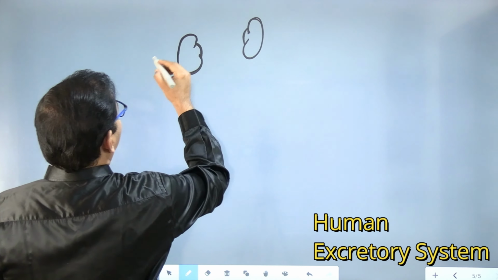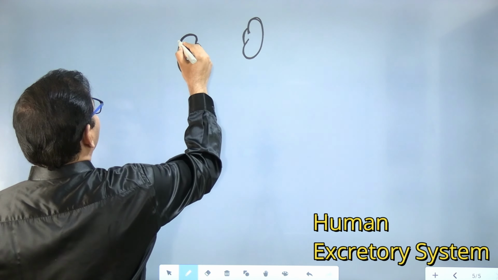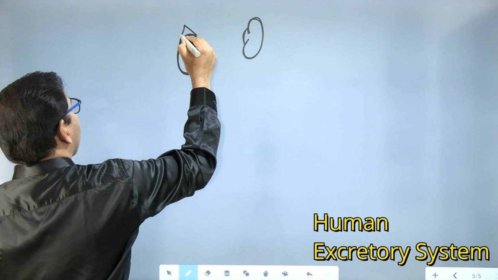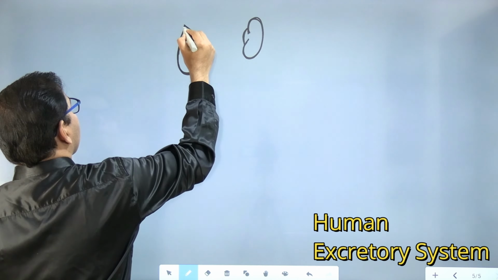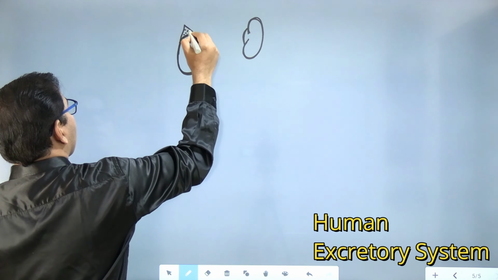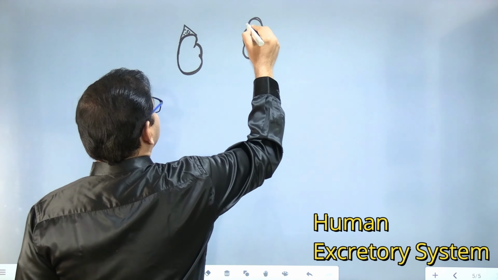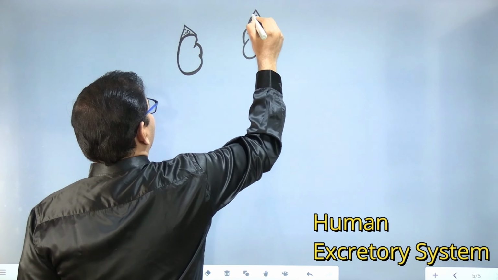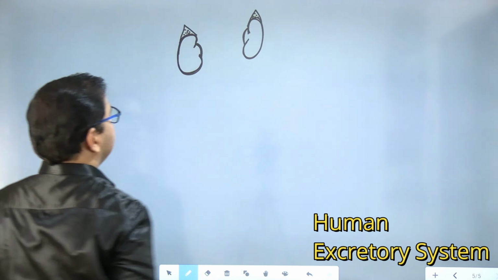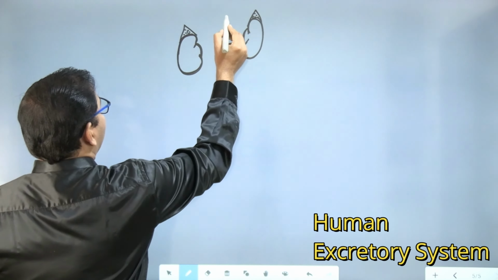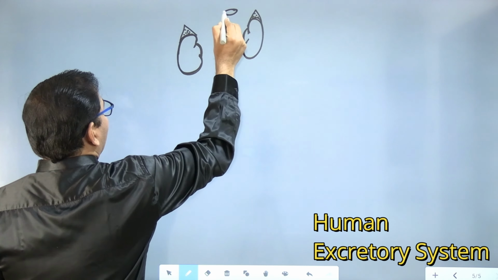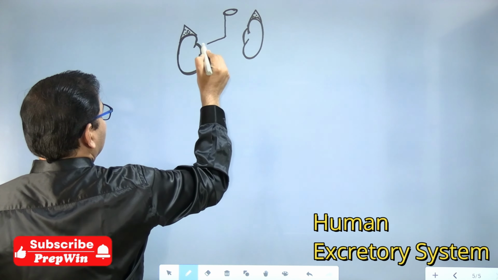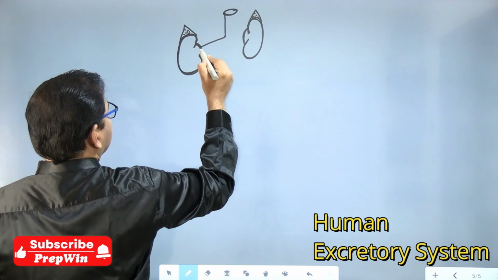You can also show the adrenal gland over this kidney. A cap-like structure, adrenal gland over the kidney. Now we will be showing two blood vessels. One which brings blood into the kidney. One will go this side